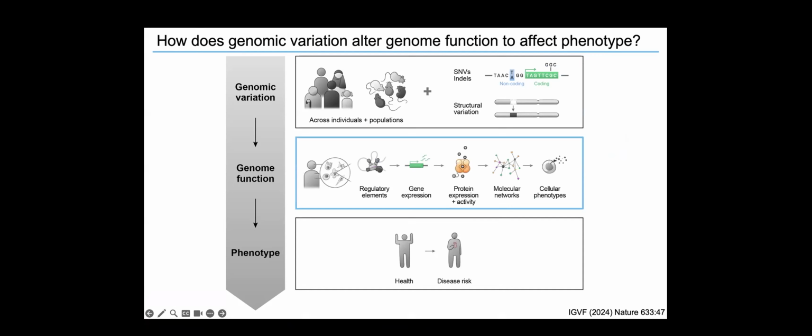So to learn how variants affect disease risk, several aspects of mechanisms need to be determined. Variants may function differently depending on the tissue or cell type environment. Some variants, for example, act through context-dependent regulatory elements to influence gene expression, some more directly on protein function, and some variants in genes can act in networks. And some effects may be detected as an effect on cell function, and others may be better detected in organoids or mouse models.